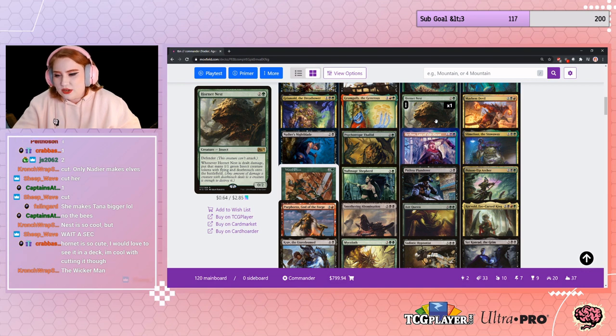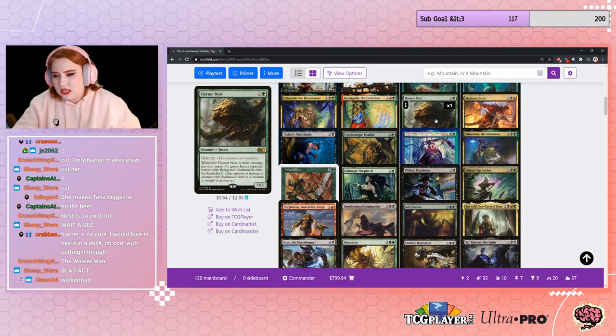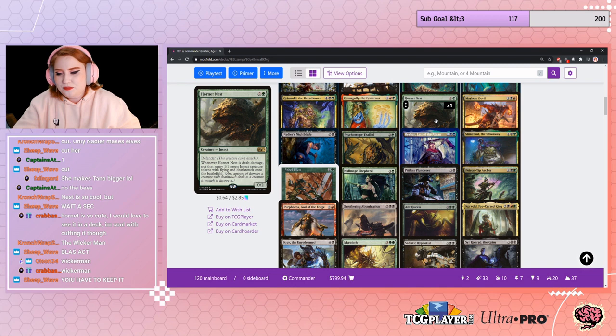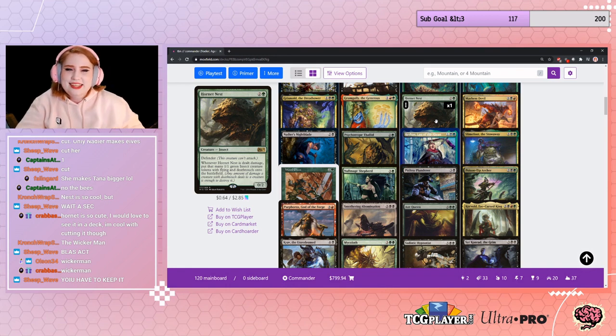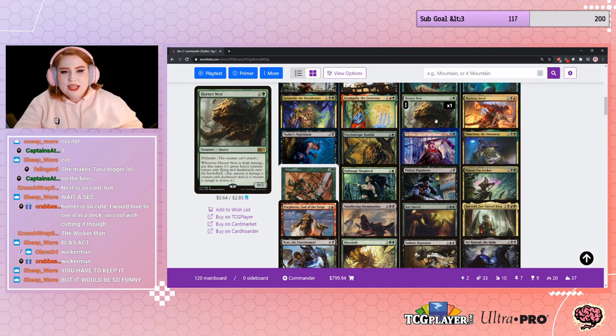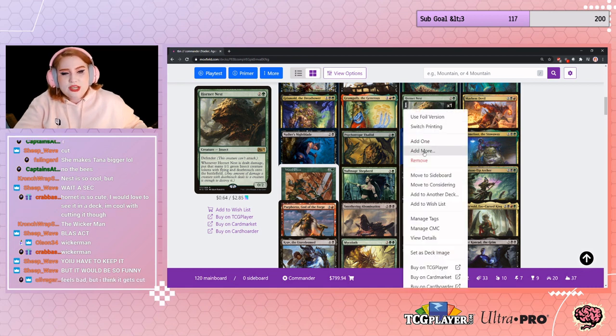Hornet is so cute, and I would love to see it in a deck. I'm cool with cutting it, though. The Wicker Man. Yeah. You have to keep it. I don't have to keep it for 1 blasphemous act. Oh, that'd be great, but... Alrighty. It's cute, and I've only had Hornet's Nest actually be kind of functional in